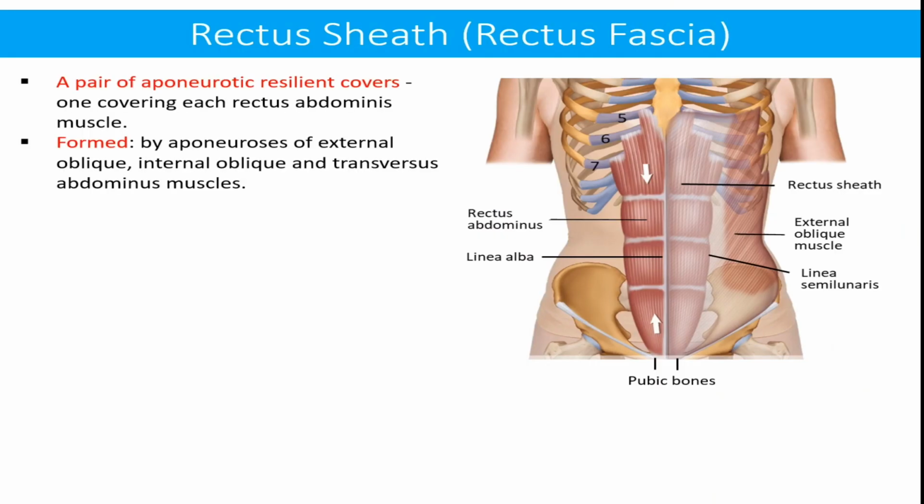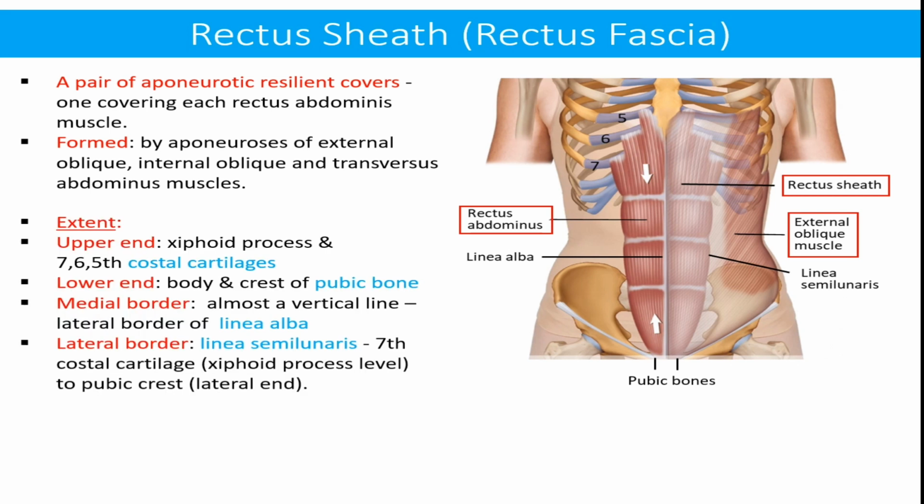Everybody. The topic of discussion for today is rectus sheath or rectus fascia. It is a pair of aponeurotic resilient covers, one covering each rectus abdominis muscle. It is formed by aponeurosis of external oblique, aponeurosis of internal oblique, and aponeurosis of transversus abdominis muscle. It extends from xiphoid process and 7th, 6th, and 5th costal cartilages above to body and crest of pubic bone